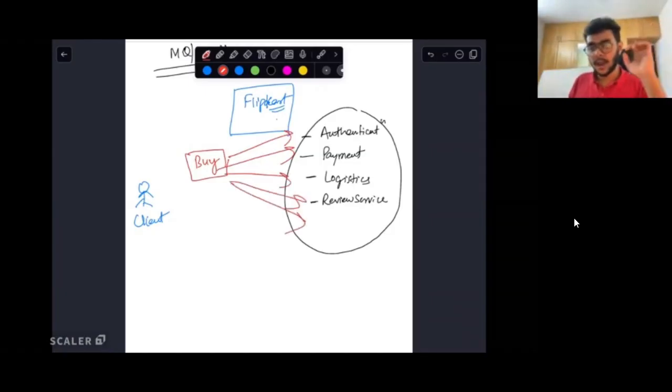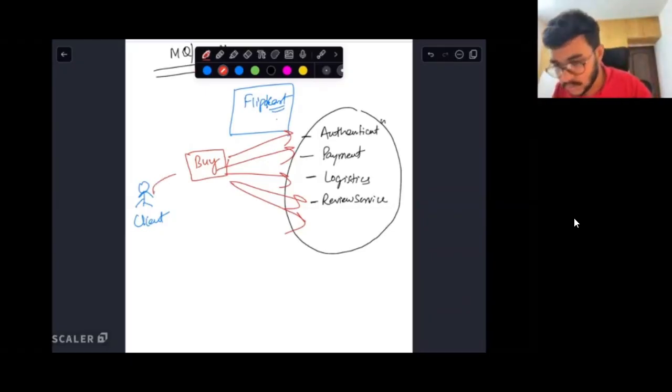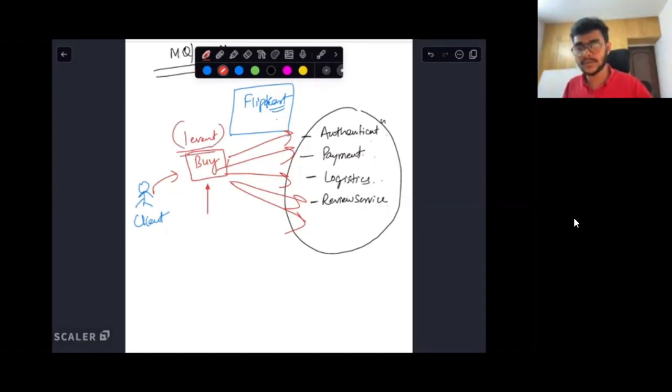Correct? Now, what is the brute force way for you to do this? First of all, have you understood the scenario that I'm trying to explain? That as soon as you click on the buy button, there are so many steps that need to happen with just this one event. Is this scenario clear to everyone? Please give me a +1 if this makes sense. Can I get a +1, guys? I can't see any +1s. Is the problem statement clear to you? That each of these services has to take some action after the buy button has been pressed, right?